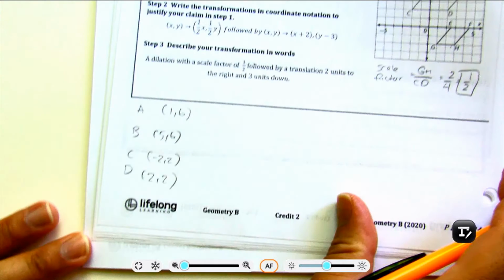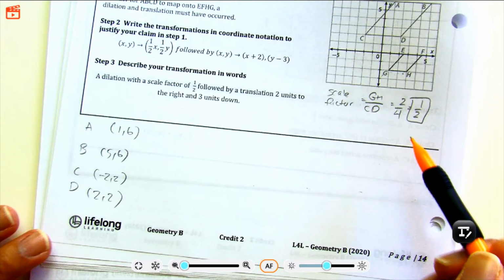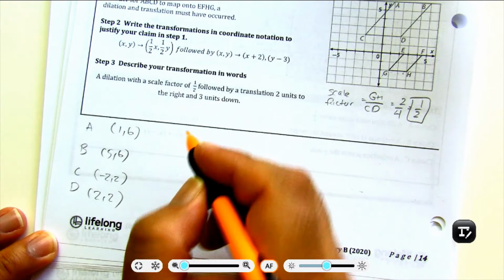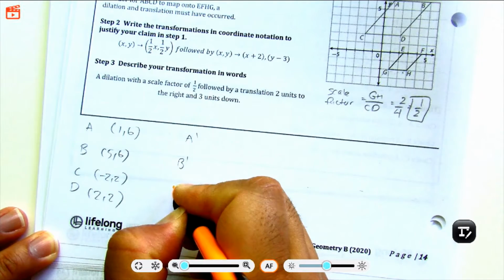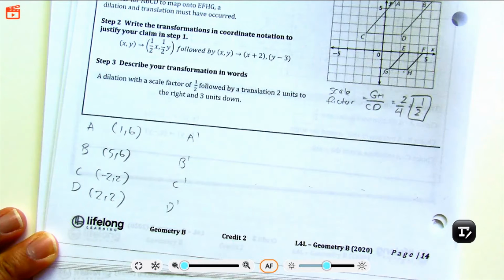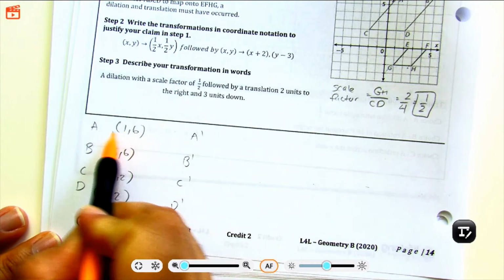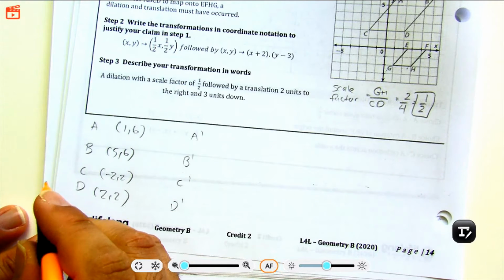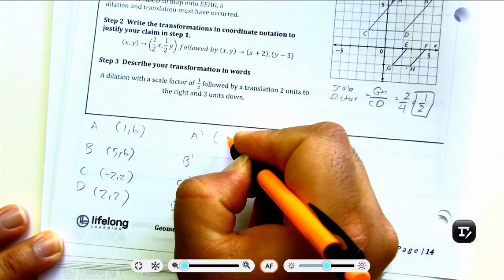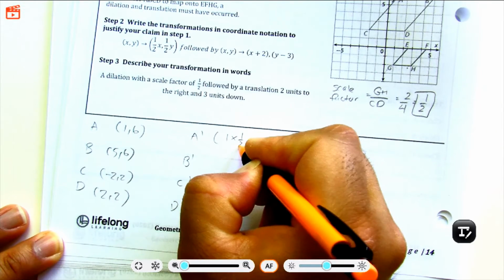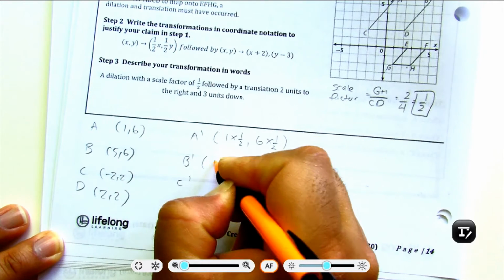my prime points. So I want to say A prime, B prime, C prime, D prime. What I'm going to be doing is multiplying each X and Y by 1/2. So I'm just going to show my work. 1 times 1/2, comma 6 times 1/2, 5 times 1/2, comma 6 times 1/2,